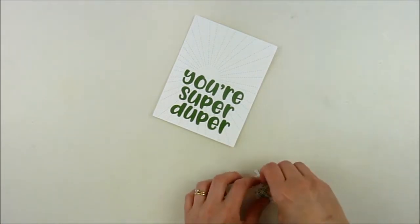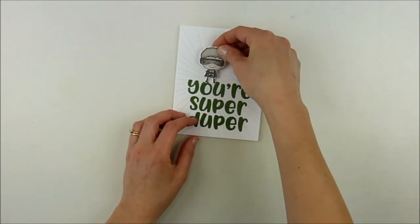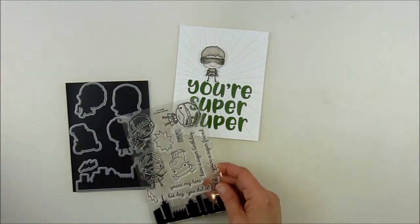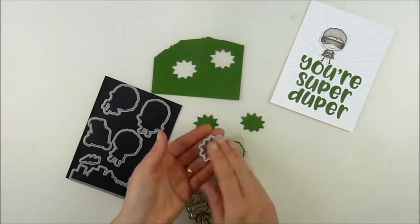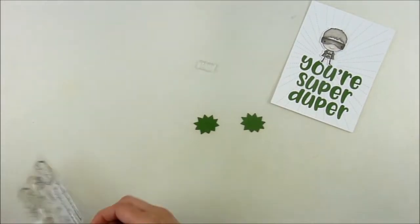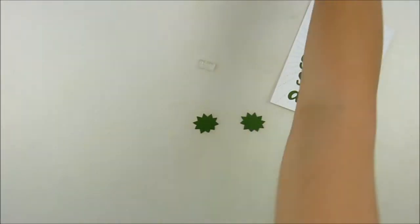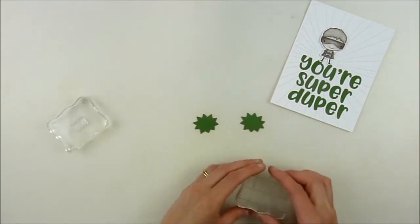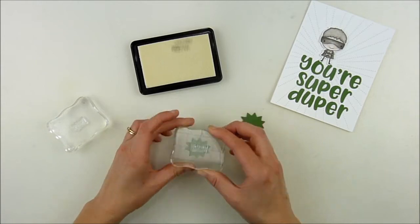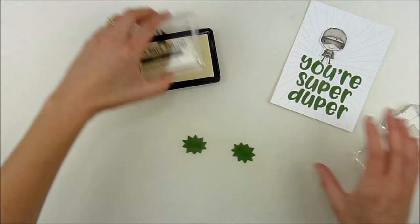My background was created with Stitched Ray's cover panel and just some Premier Polar white cardstock. I'm placing that little superhero so it kind of looks like his feet are sitting on top of that O and U, which is kind of helpful. And then I wanted to add those extra little sentiments and kind of the little bursts. Instead of stamping and die cutting, I kept it really simple and just die cut them from that same green avocado cardstock. And I'm stamping on there the two words from the stamp set, BAM and POW, with watermark ink,